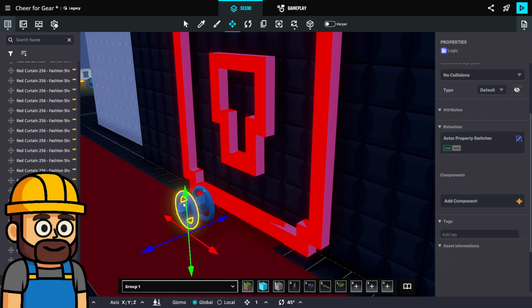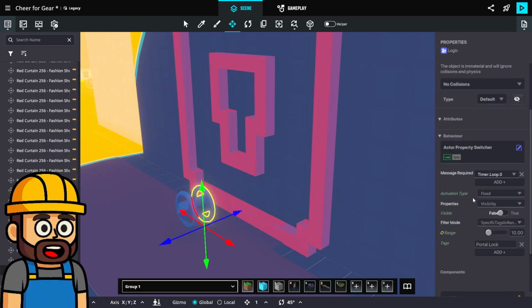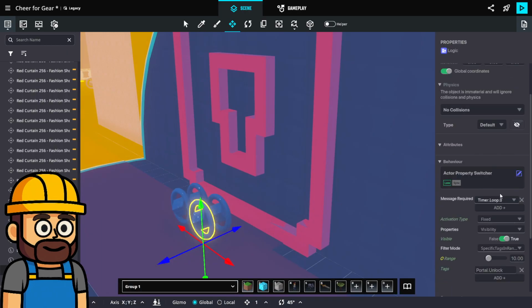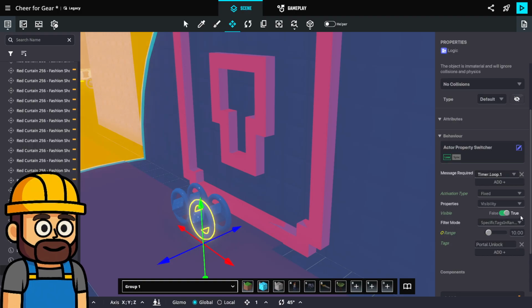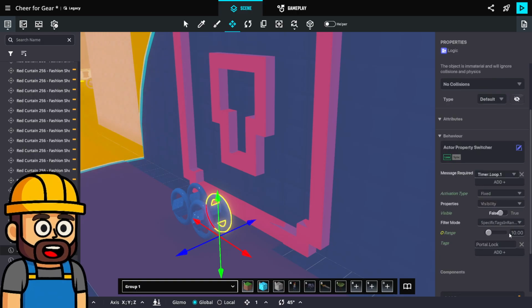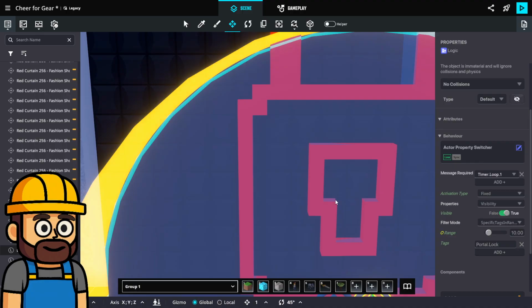I think I can just keep using these. I'd love to duplicate these. And then when we get timer.loop.1, we're going to turn off the unlocked one. Timer.loop.1, then we're going to make the locked one visible again.